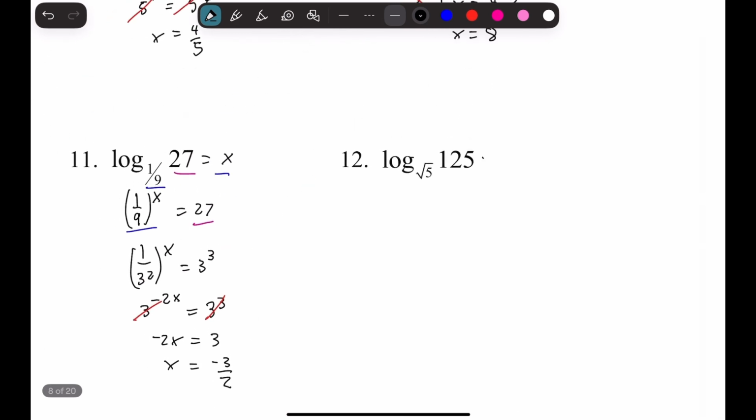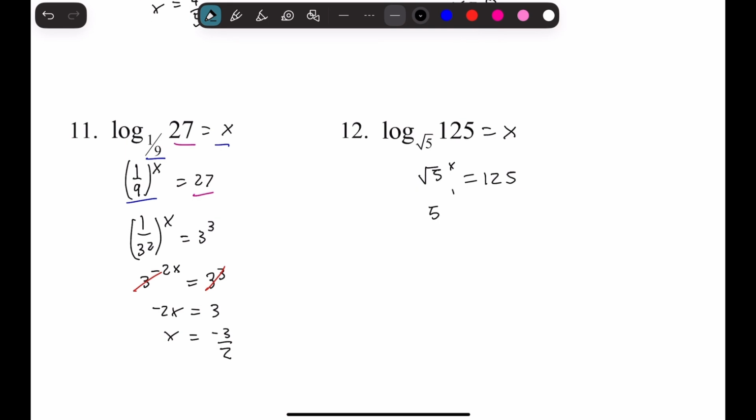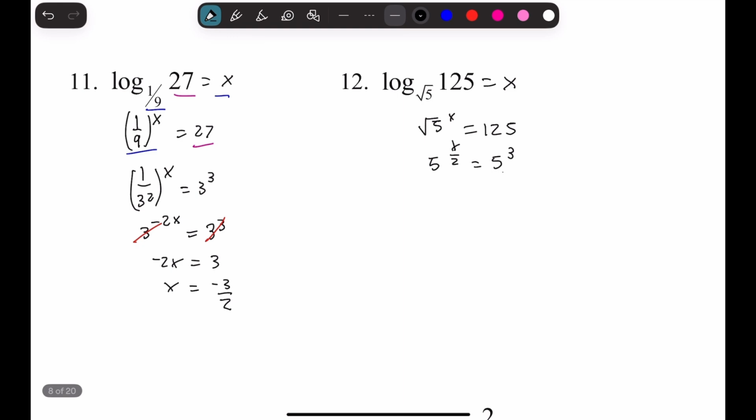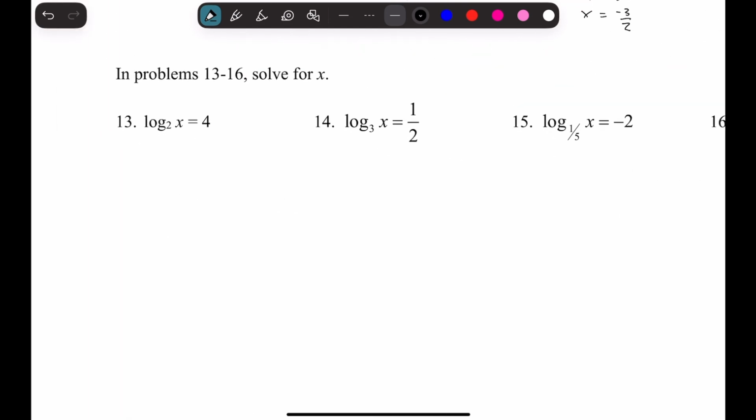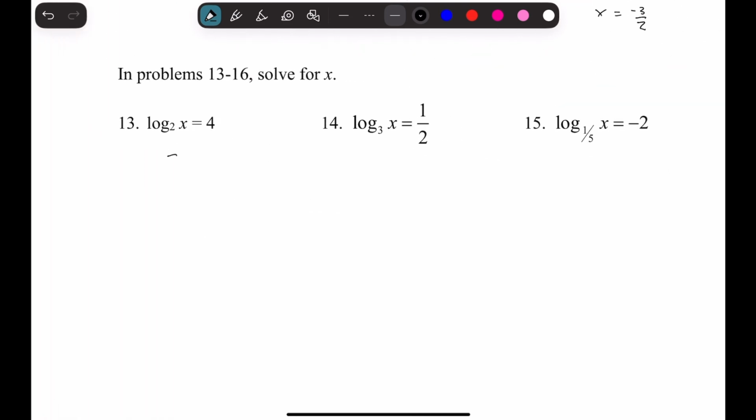Now over here, this is going to equal x. And then we're going to have root 5 to the power of x is equal to 125. And then 5 to the power of x over 2 is equal to 5 to the power of 3. Again, these bases are the same. So that's going to be x over 2 is equal to 3. Multiply both sides by 2. That is just equal to 6. Now down here, what do we do? So basically you can rewrite this as 2 to the power of